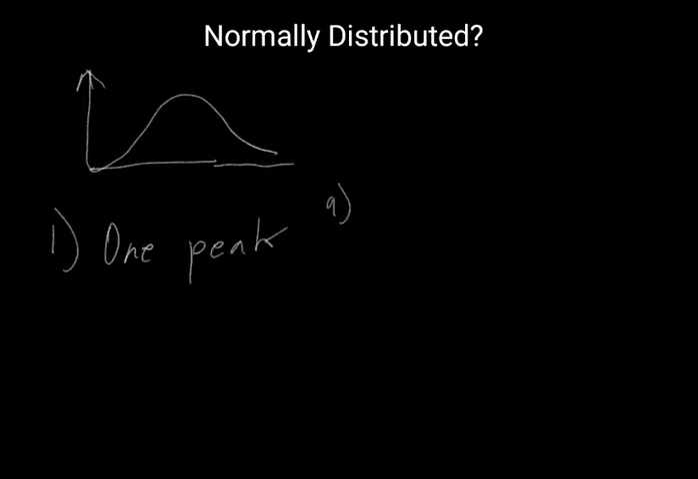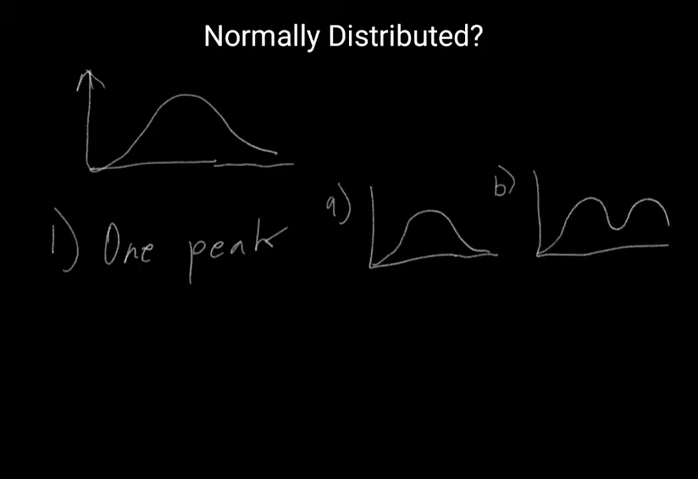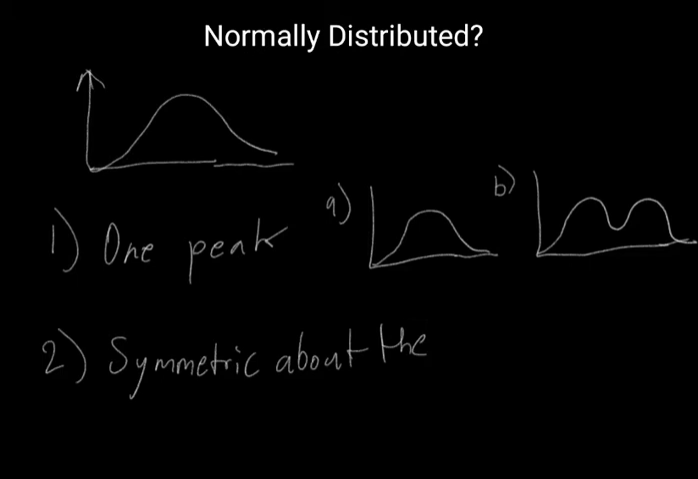So an example of a plot having one peak would be A. And then in B is an example of a plot that has two peaks. And the second criteria is that the graph is symmetric about the peak,